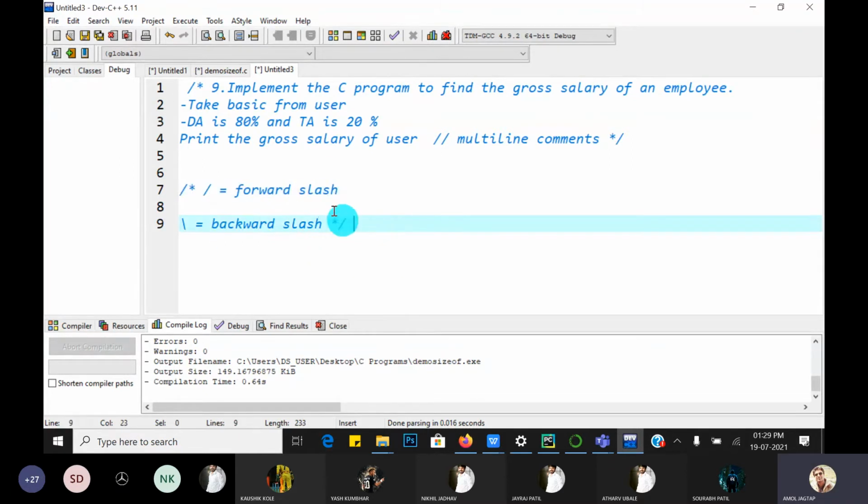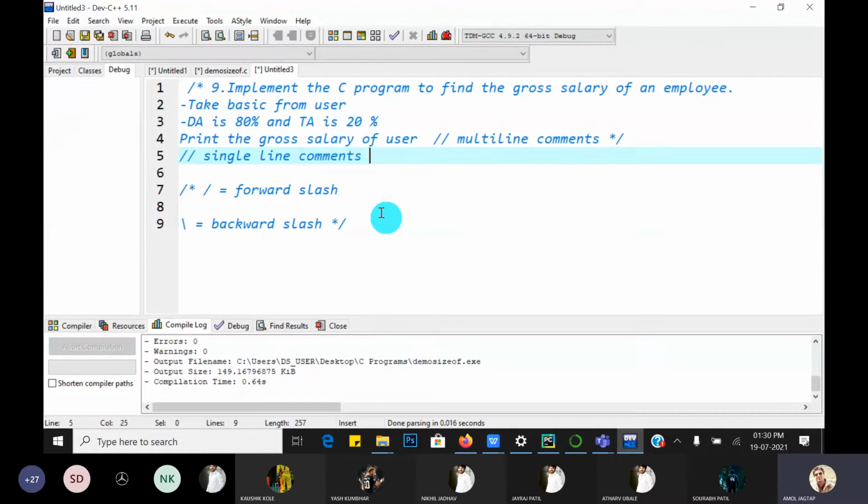Great. Guys, hope you understand multi-line comments and single line comments. How can we give single line comments? Only two forward slashes. This is called a single line comment. Why do we use comments? Due to comments, your code is readable. We can write in the comment line what the actual purpose of the code is, what the functions are, the main aim.